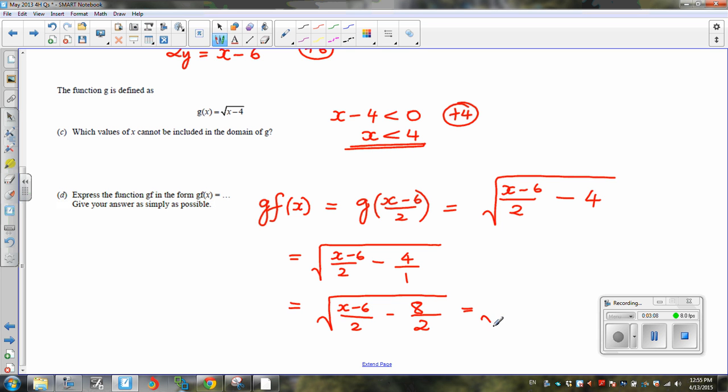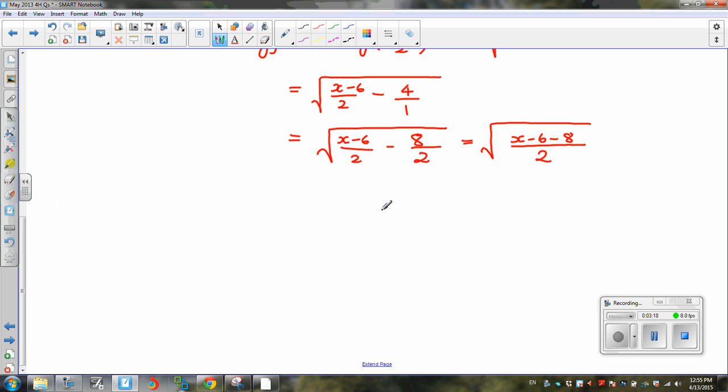Now, because the denominators are now the same, I can write these as a single fraction, which is x minus 6 take away 8. And if I now simplify the top, I end up with the square root of (x minus 14) divided by 2. So gf of x is the square root of (x minus 14) divided by